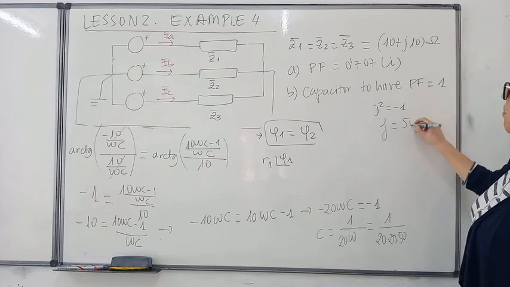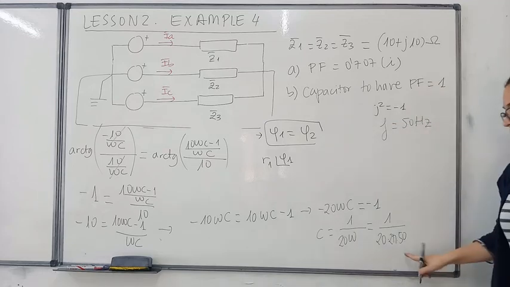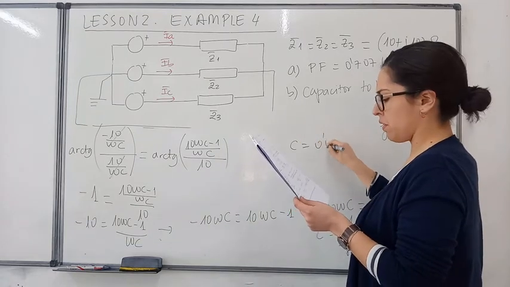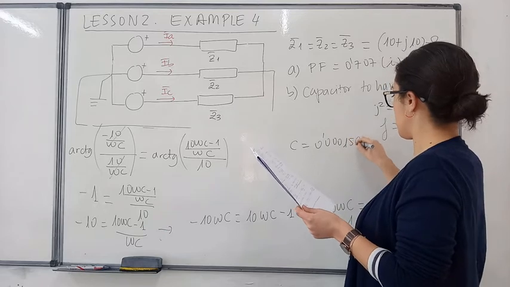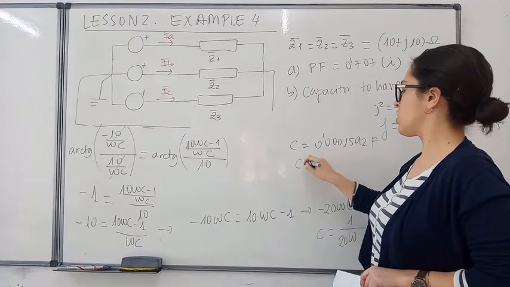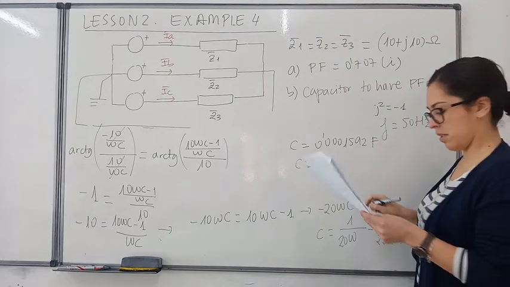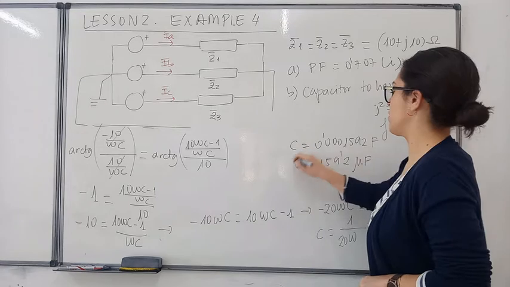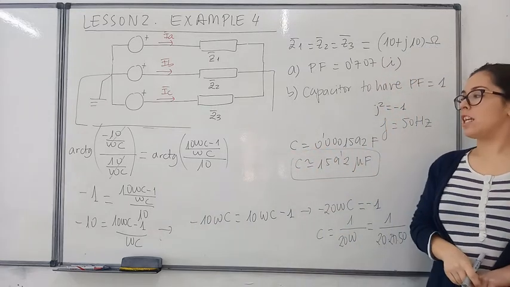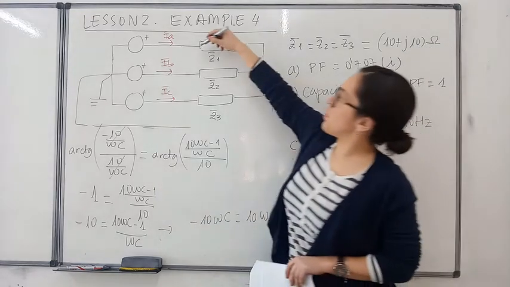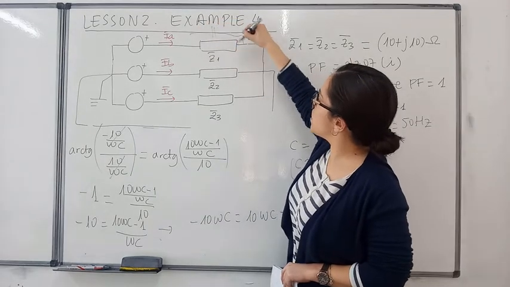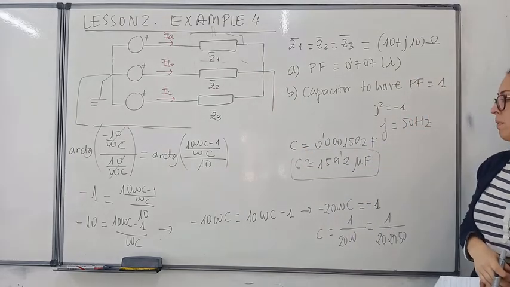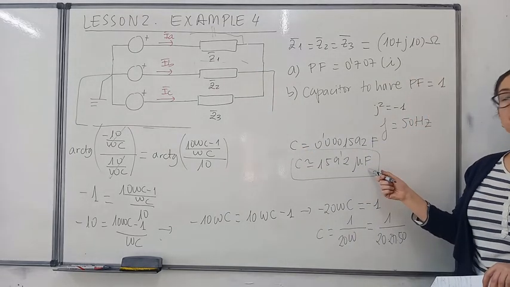In Europe, our frequency is 50 Hz. A capacitance equal to 0.0001592 farads, which is approximately the same as 159.2 microfarads. So, each of the capacitors that we need to install here in parallel with this load, and the following in each of the phases, each of them must have a capacitance of